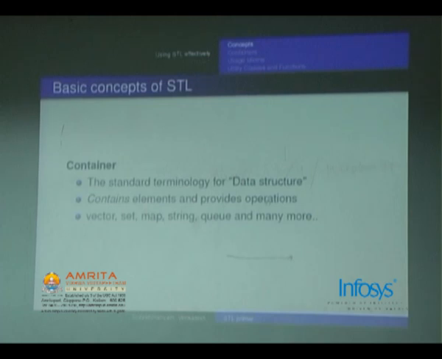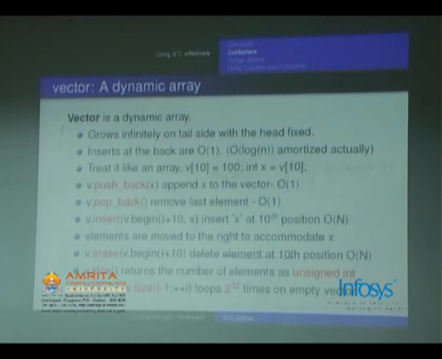Okay, so we'll move on to containers now. A container is the standard terminology used for a data structure. It contains elements and provides operations. Vector, set, map, string, queue, all these are containers. Okay, so we'll see the vector updation properties. So for vector, the head is